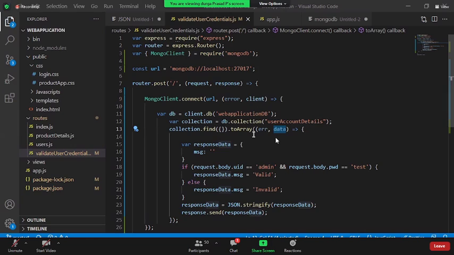Inside a collection. Yes, sir. In general, we don't want to treat all the data of a single collection as a single object, right? It is like multiple data where each and every document is an individual row. Now you take an array of this. So that is the reason in real time we only go with toArray.